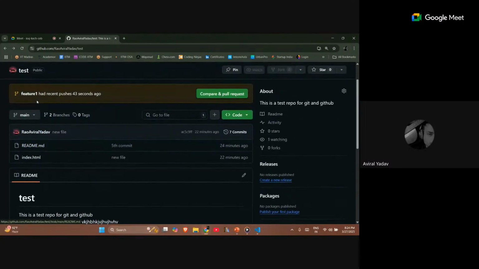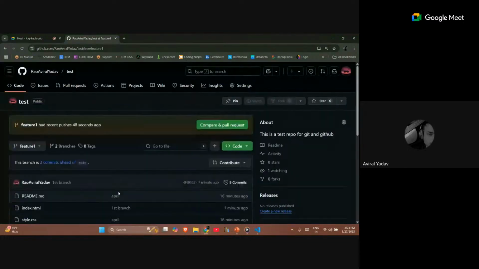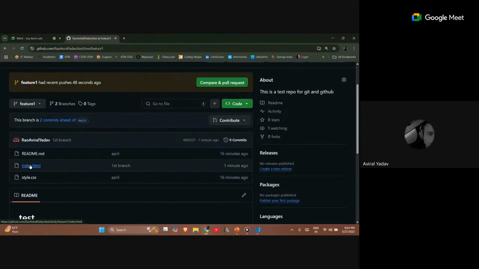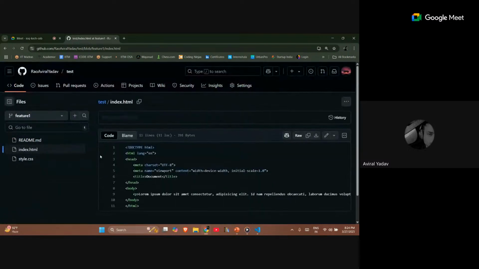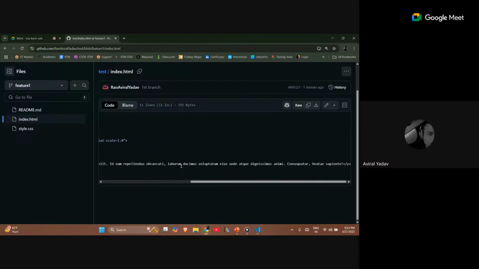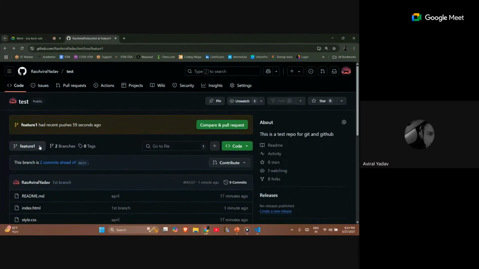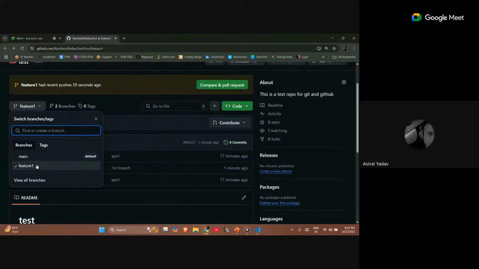But as I switch my branches to feature 1, let's just switch it. And now let's go to index HTML. You can see that the lorem text that I have added of 23 characters is there. Why is it there? Because each of these branches, let's say main or feature, are independent of each other. As I showed with the sketch, all these sketches look similar, as they have a similar origin from the bark, but they are separate and individual on their own.